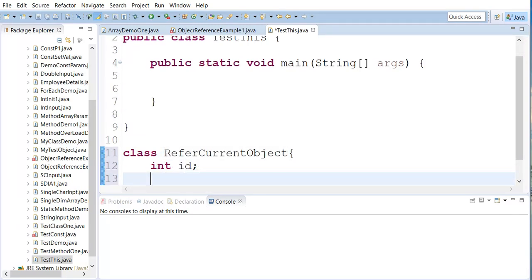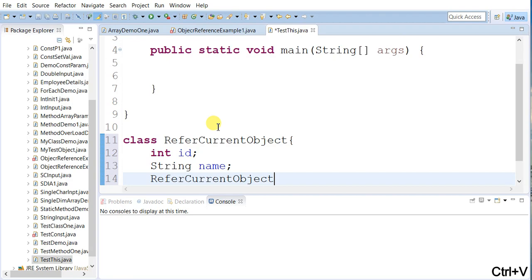Integer ID, string name, and one parameterized constructor where the same variables we are passing as parameters: integer ID, string name.